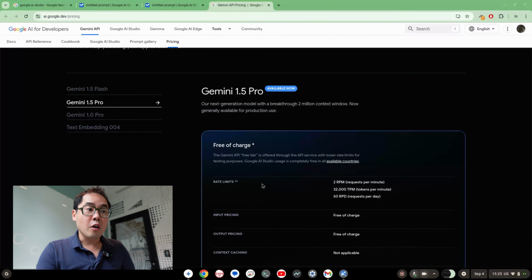With Google AI Studio, we give it away free of charge, up to 2 requests a minute for input and output tokens. That means you get basically top level of performance using our latest generative AI models from Google Cloud,